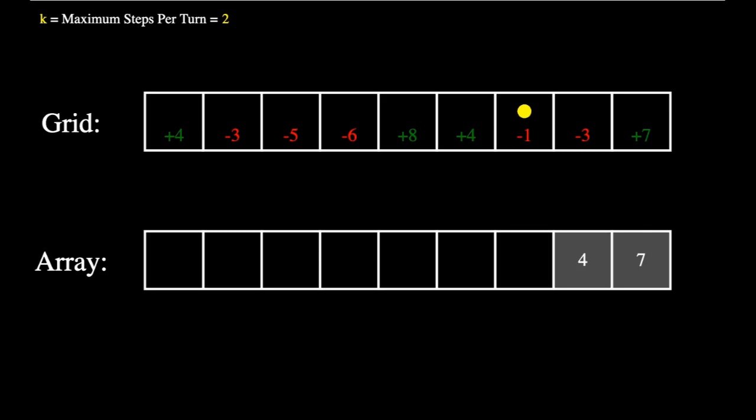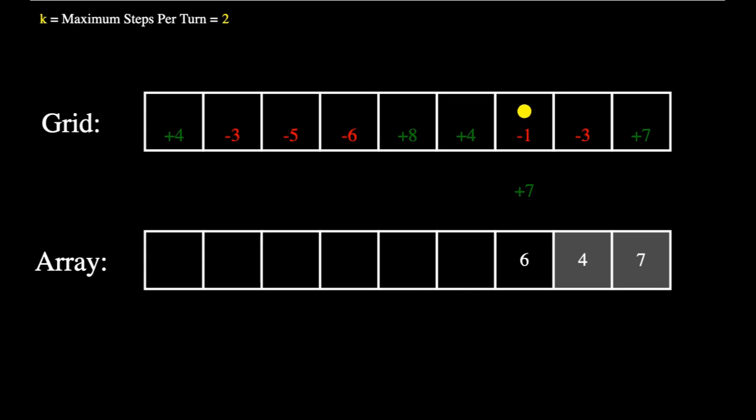Again, we take another step backwards to position 7. Our current value is negative 1. This case is a little different because k equals 2, so we can actually choose between 4 and 7. In our problem, we will always choose the maximum value. If we choose 4, we will gain an additional 4 points by the end of the game. And choosing 7 means we will gain an additional 7 points by the end of the game. As a result, our maximum value here is 6.